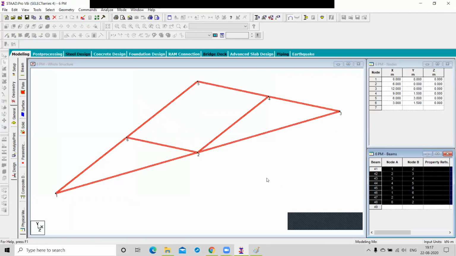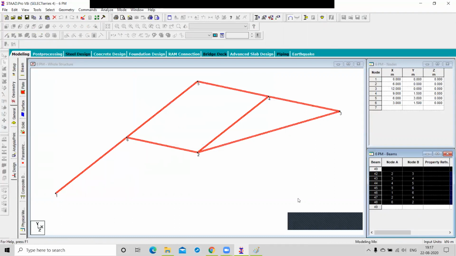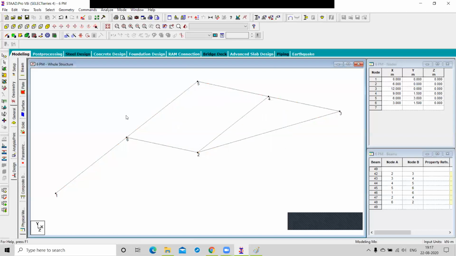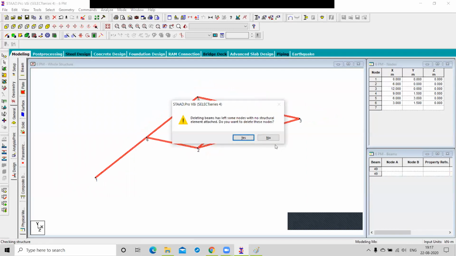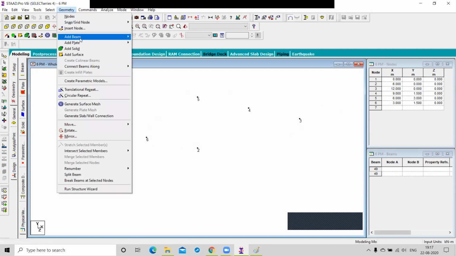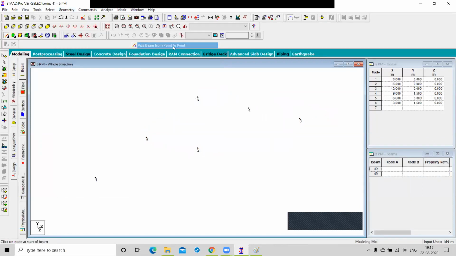So I'm going to delete the beams, only the beams from the beam table. Just select all the figure and press the delete button. So only the nodes are remaining, right? Go to the geometry and click on the add button and choose add beam point to point. Then click on node 1 and node 2.